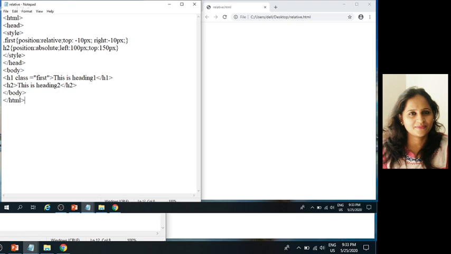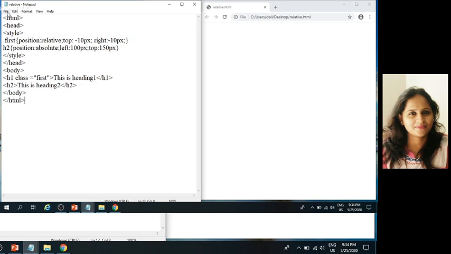In this program we define relative position and absolute position. What is relative position? The relative positioning property is used to set the element relative to its normal position. And what is absolute positioning? This property sets an element in a specific location and it is not affected by the flow of the page. This property positions the element at the specified coordinates relative to your screen top left corner.